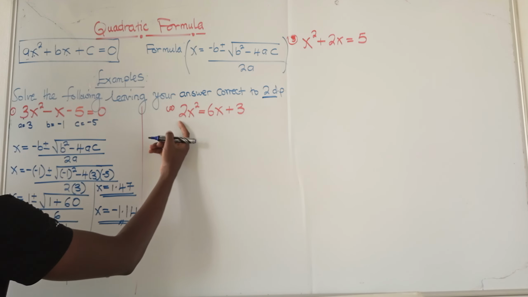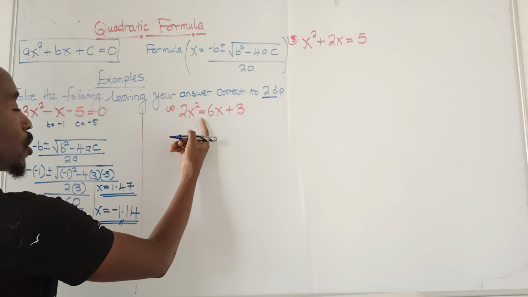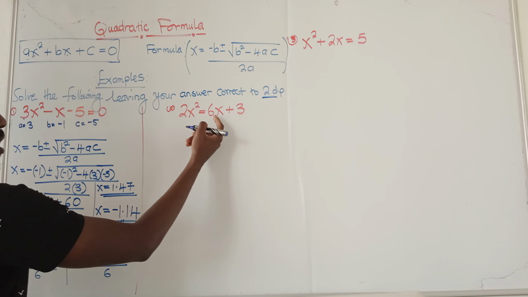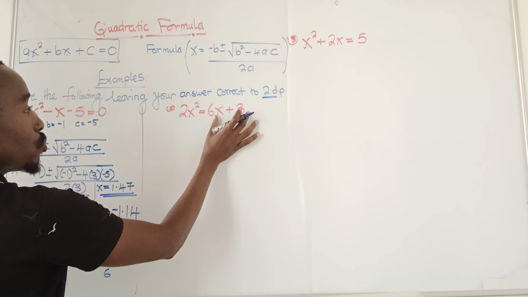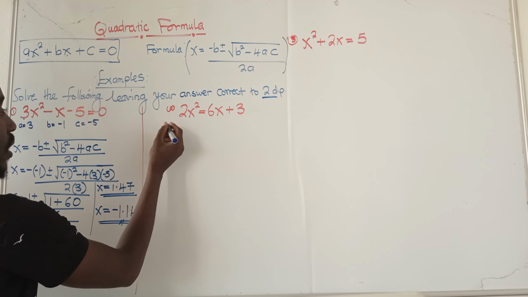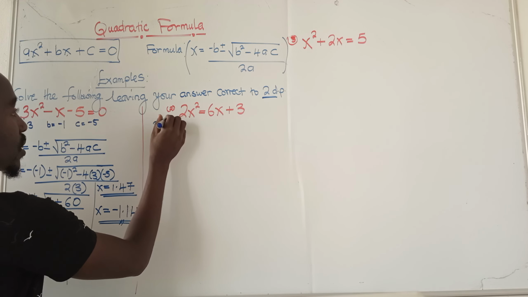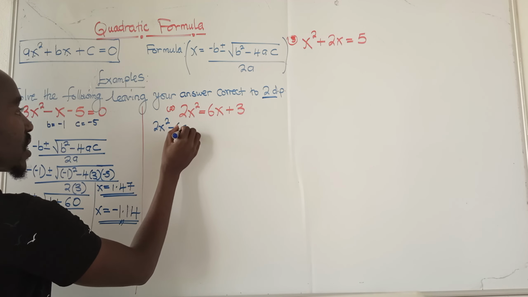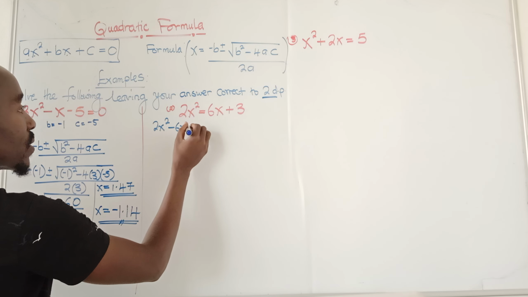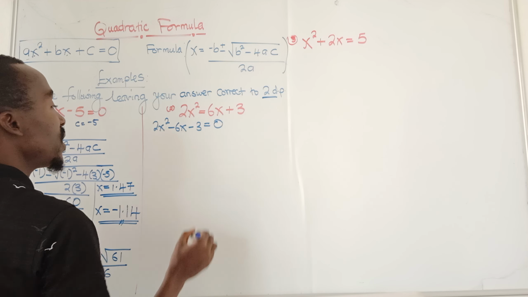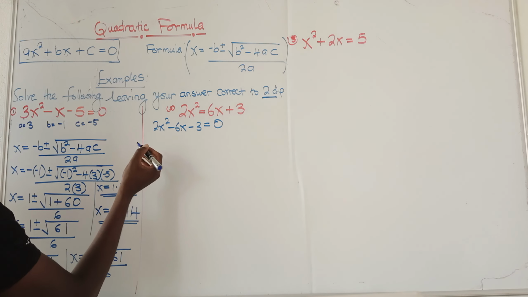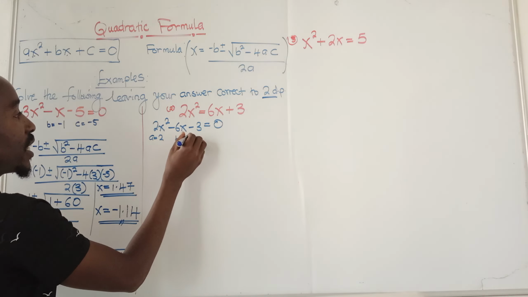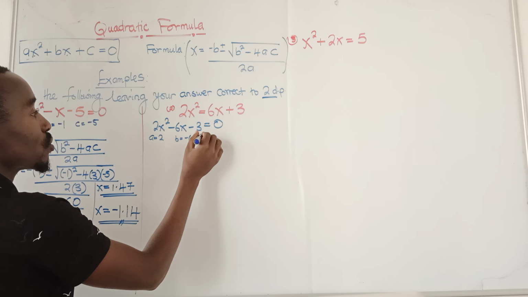Now when you look at this question, 2x squared is equal to 6x plus 3. It is different from this one. This is standard. So let us see. This 6x plus 3 should cross the equal sign and come this side. So the standard will be 2x squared. When this 6x crosses, it will be negative 6x. Positive 3 crosses the equal sign, it will be negative 3. And we equate to 0. We identify our A, B, C. So our A is equal to 2, B is equal to negative 6, and our C is equal to negative